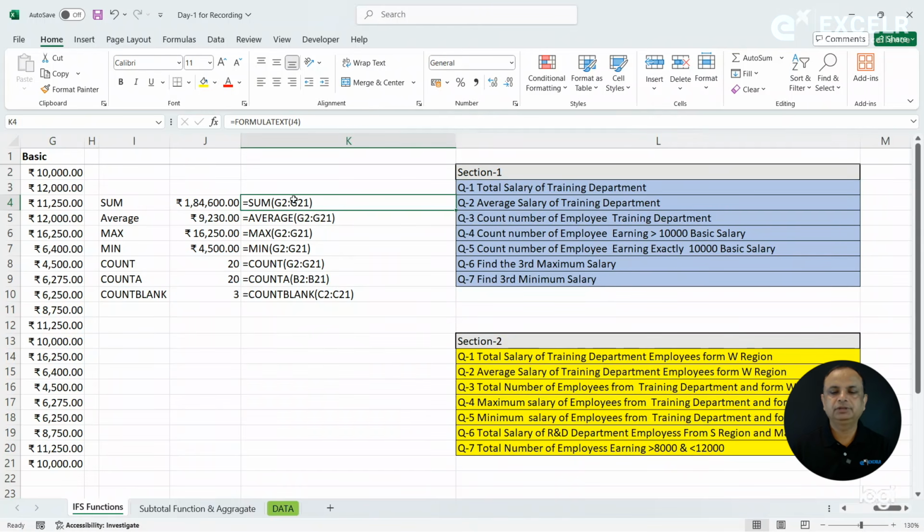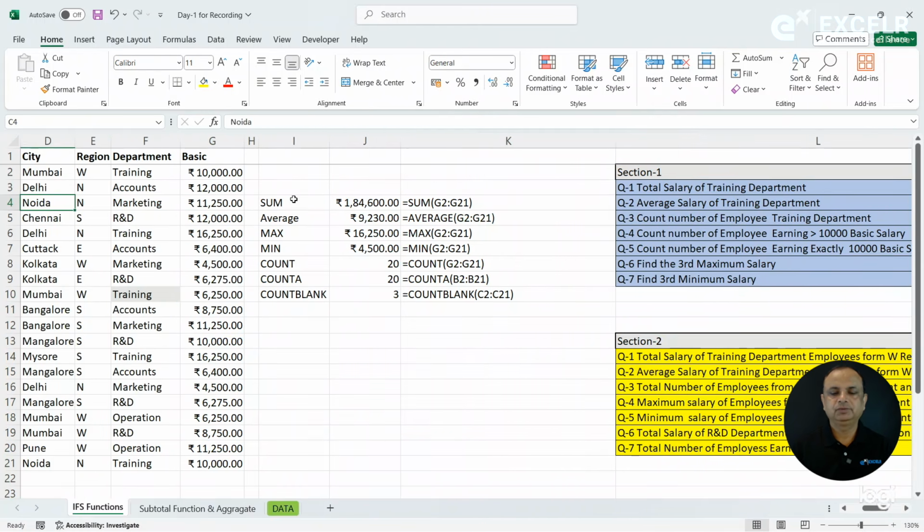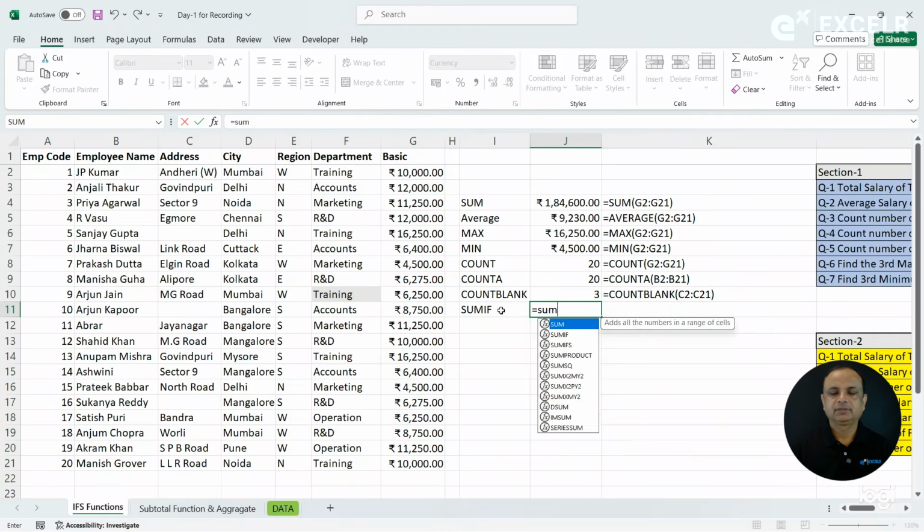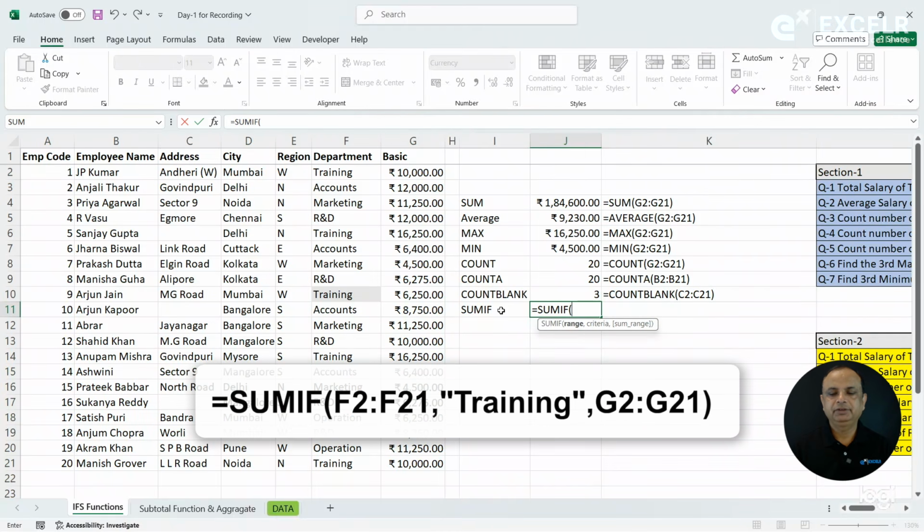So we are going to learn a new function called SUMIF. Let's see how it works. So we are going to discuss right now SUMIF function. So we know very well all functions start with equal sign, SUMIF. So here we can follow: the first argument is range, the second is criteria, and third is sum range. So now my range is, I want to know department, training department. So training is located in which column? Department column. So that will be called my range here, and my condition is training. So you can write here training,